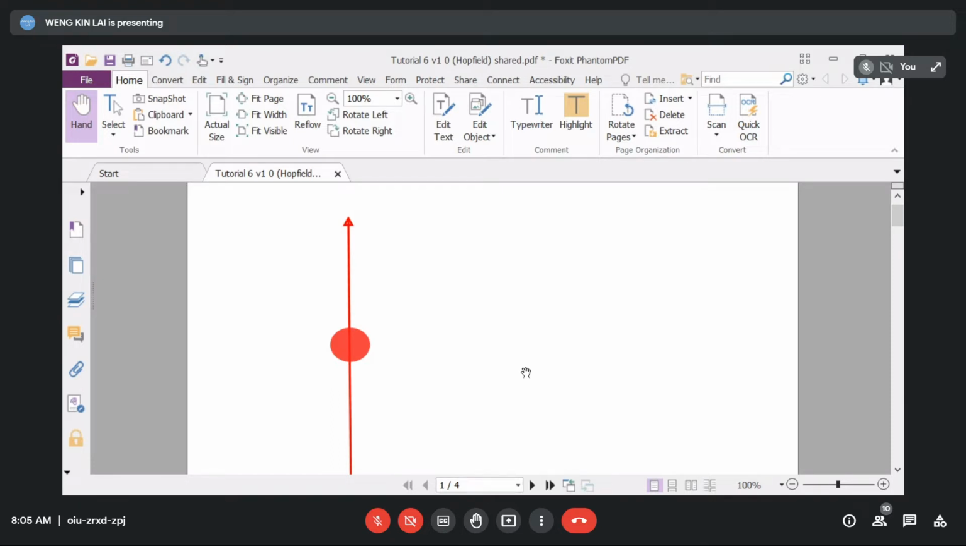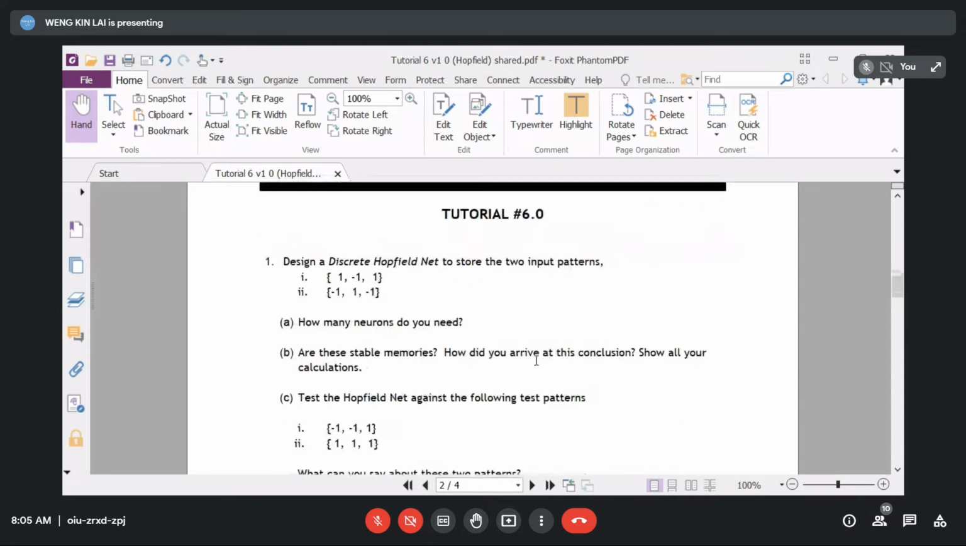Now, let's look at the first question. You have to design a discrete Hopfield net. Remember, there are two types of Hopfield nets. One of them is the discrete, where you work with either 0 and 1, or -1 and 1. So it's discrete, binary, if you like. The other one is the